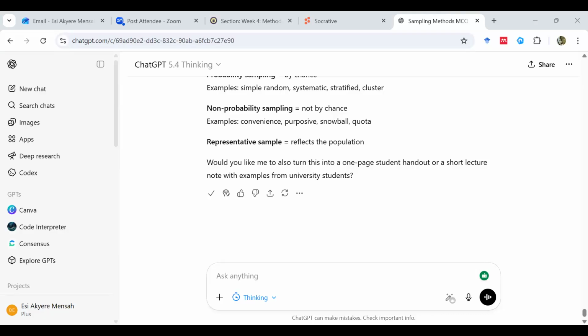You select a sample completely at random from the whole population. How would you do systematic sampling? Every nth member is selected. Every nth member. So you determine a random start point. You can decide that every fifth, so the nth stands for a number. It can be every fifth, every second, every third, every 10th. So you can decide that maybe every 10th person